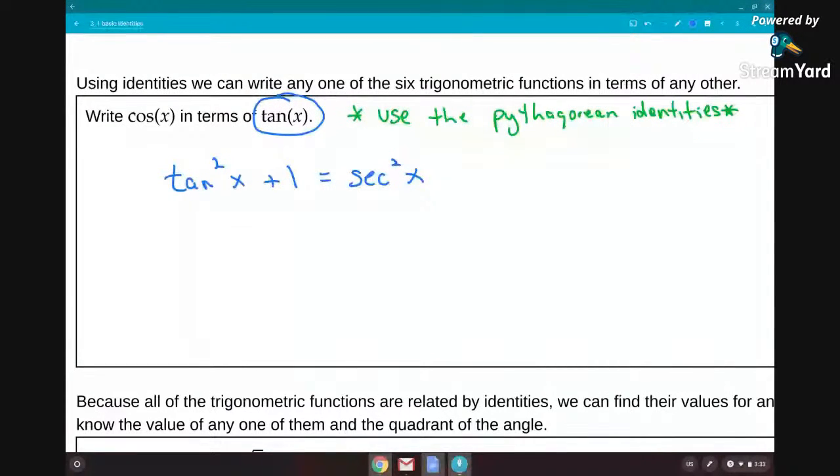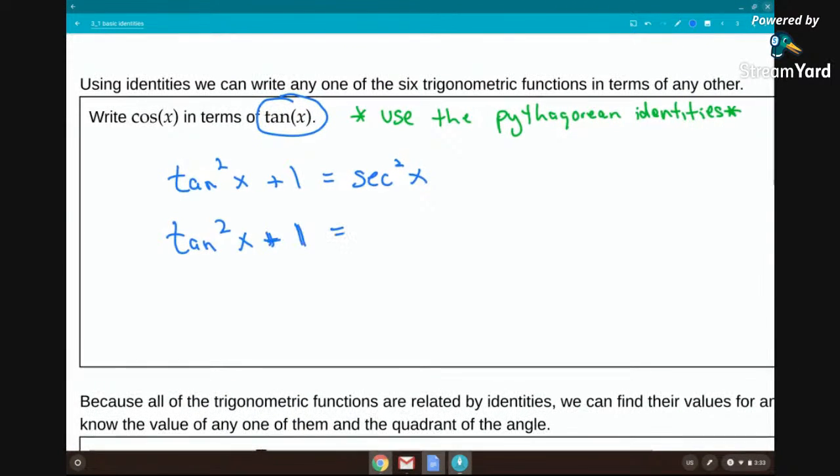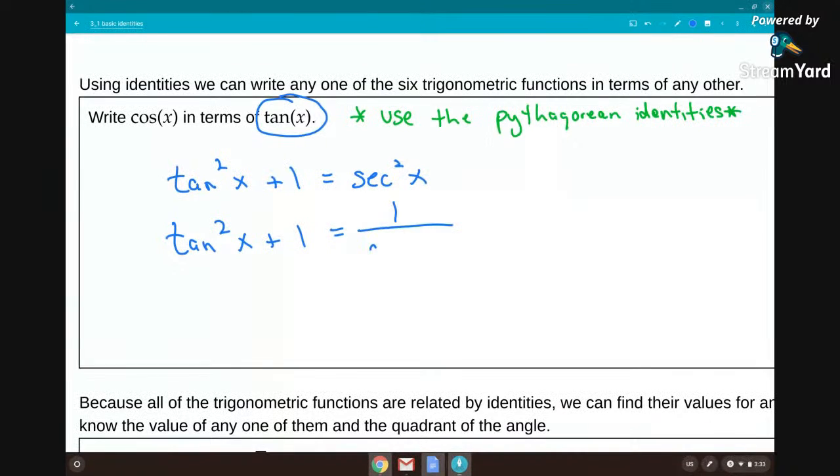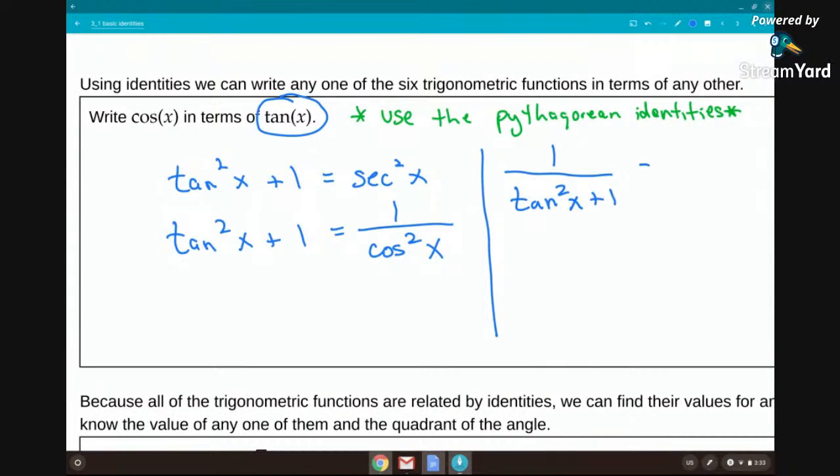However, the secant is 1 over the cosine, and so the secant squared is 1 over the cosine squared. So this is nice. Using a reciprocal identity, I'm able to convert secant squared into 1 over cosine squared. And now if I invert both sides here, or reciprocate each side, I get 1 over tangent squared x plus 1 equals the cosine